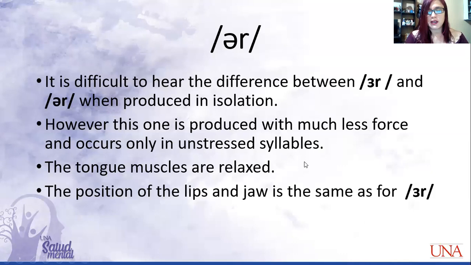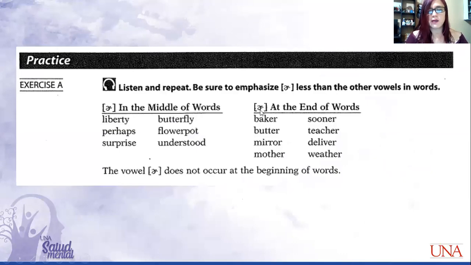So basically the same characteristics. So we're gonna see some examples here where we can find this sound, okay? Remember that in this case, the emphasis is not on this vowel sound, but on the other